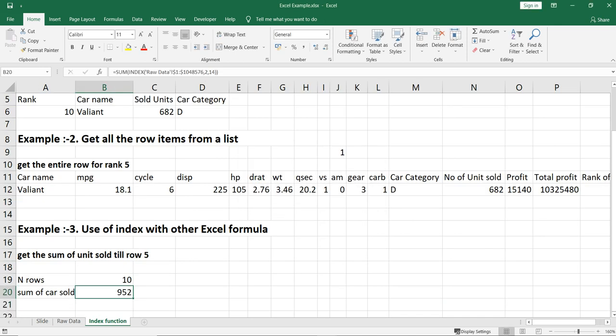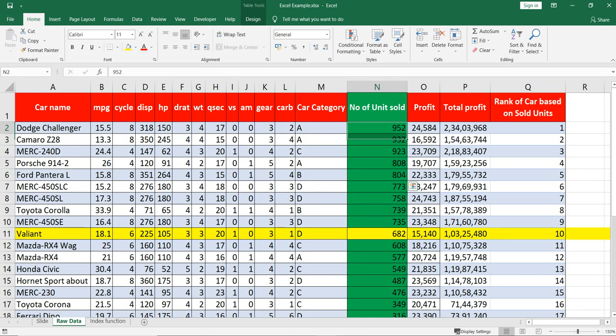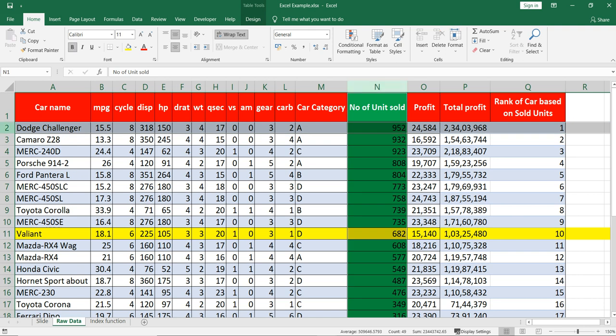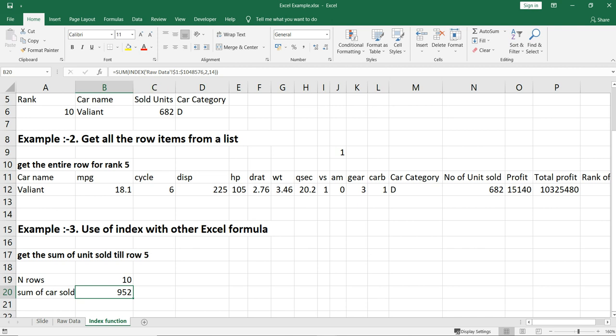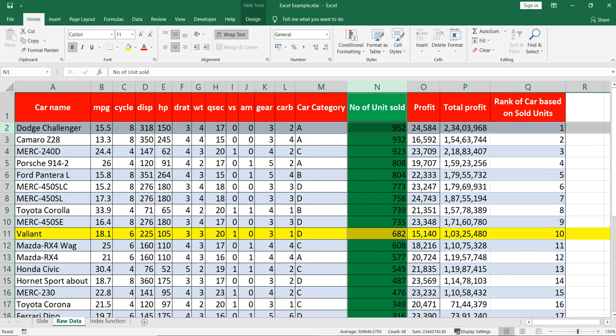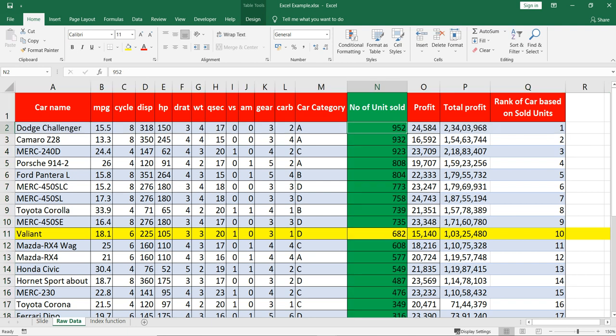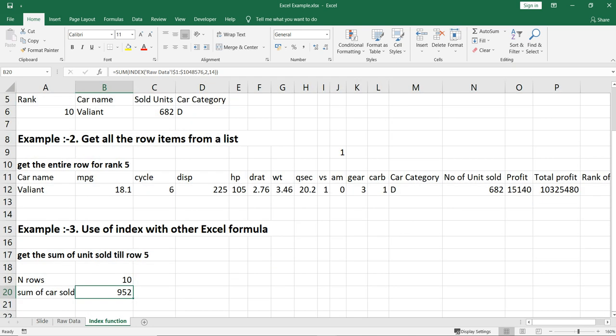Now it will give you 952, which directly comes from this intersection. We had given row number 2 and column number 14. So if you see this formula, row number 2 and column number 14, right? What we can do simply is change our arguments into dynamic parameters. So similarly we'll take this index function again, and in the sum function we know that we use this notation, right?